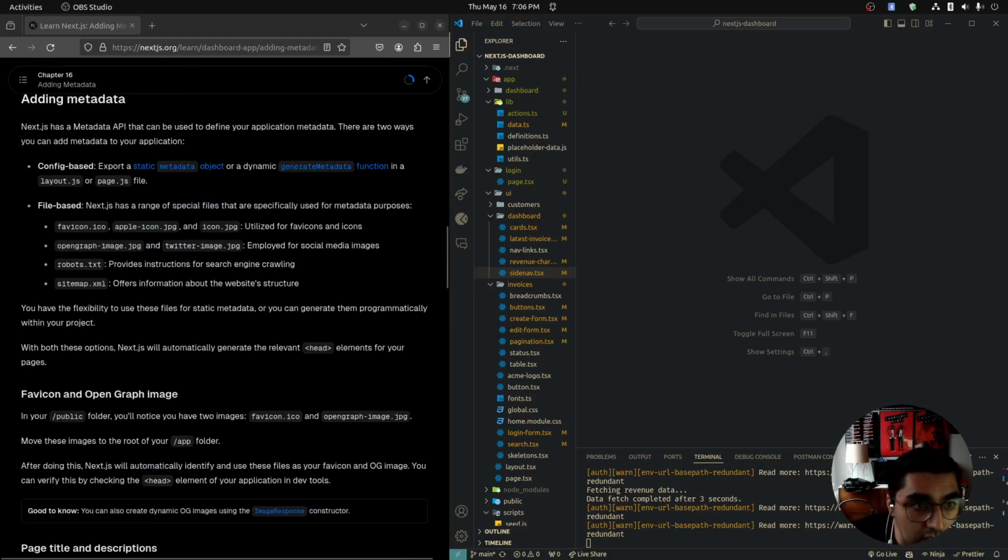Additional metadata. Next.js has a metadata API that can be used to define your application metadata. There are two ways you can add metadata to your application. Config-based, so we can export a metadata object or a dynamic metadata function in a layout.js or page.js file, or